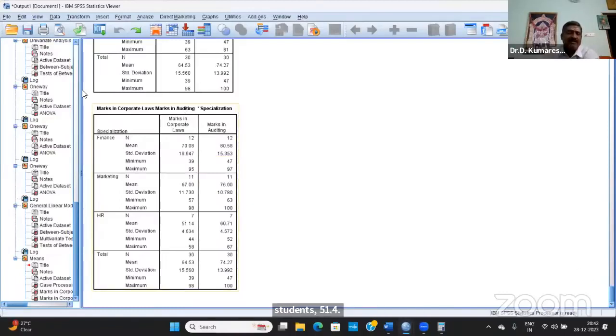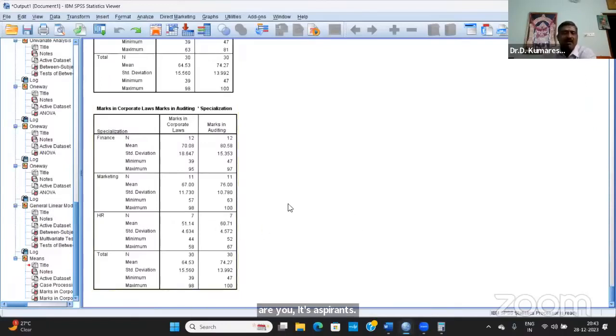So among these three, finance students have been the best performing students. Least performing students are HR students in corporate law. Again in auditing, 80.58 finance students. Marketing students 76 average marks. HR students